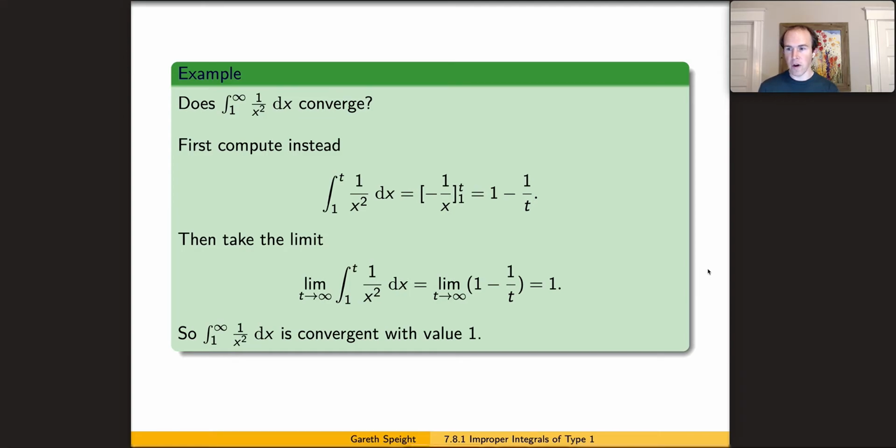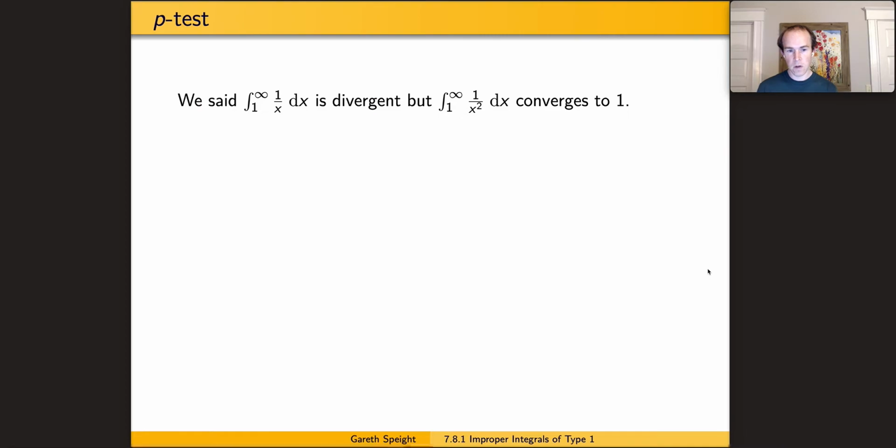So it depends quite finely on what the function is that we're trying to integrate. Okay, so let's just compare these. We said in the first example that the integral from 1 to infinity of 1 over x is divergent, but the integral from 1 to infinity of 1 over x squared is convergent. So what's the meaning here? Since we said the integral from 1 to infinity is supposed to represent somehow the area, why would it be the case that intuitively 1 over x has infinite area, but 1 over x squared